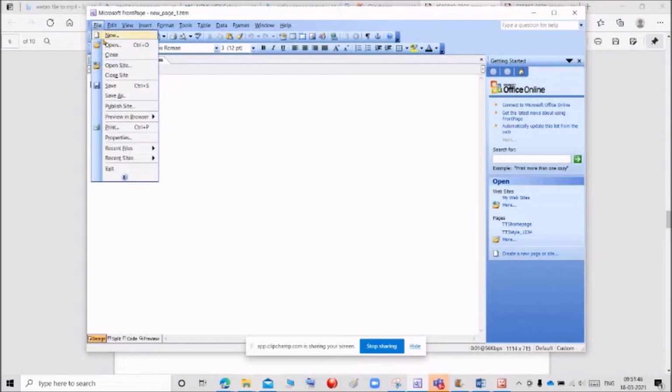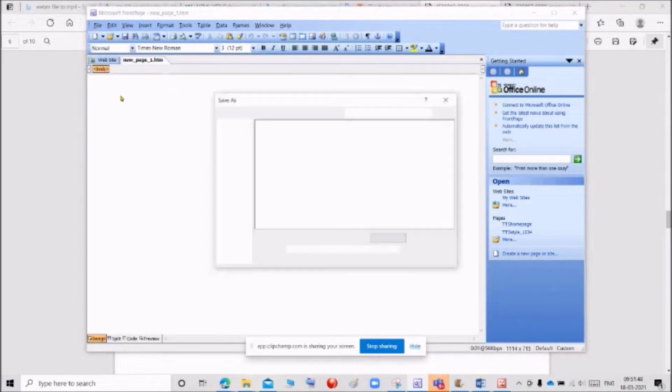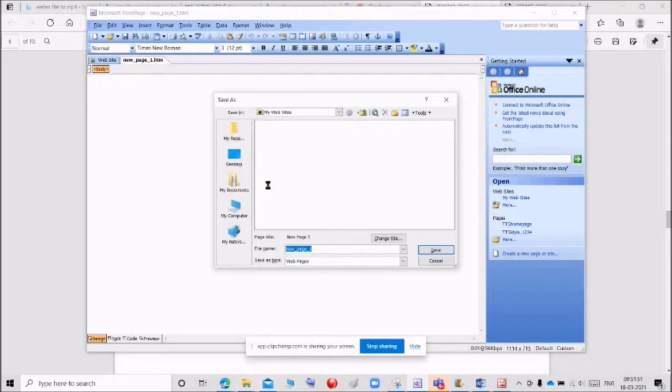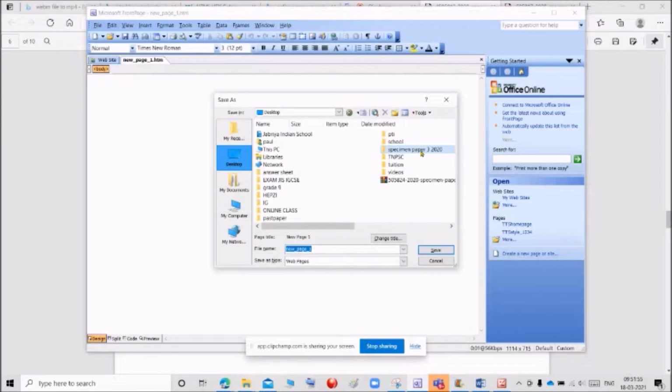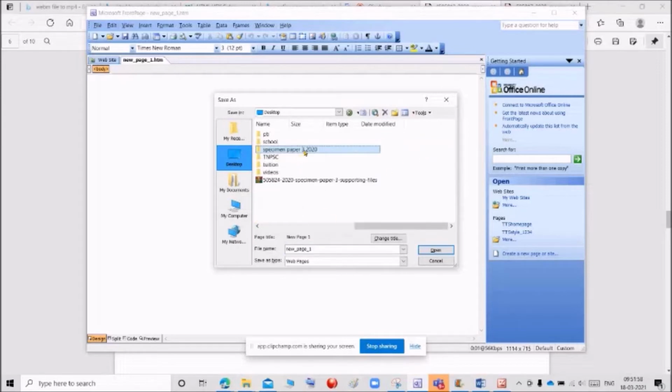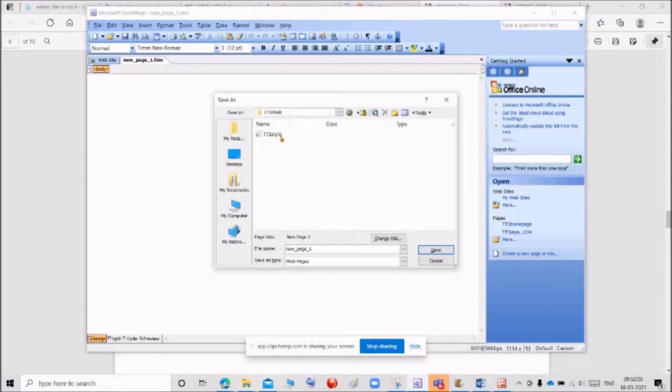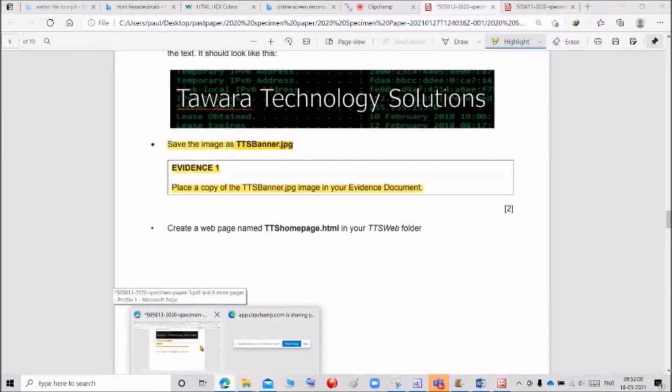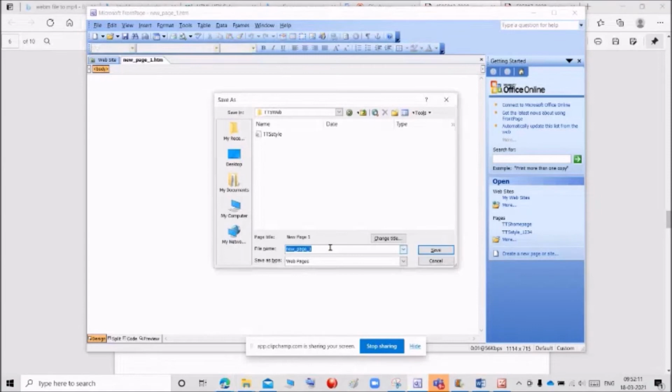Go to File, click Save As, go to your work area, go to the TTS web folder. In this folder, I am going to give the name TTS homepage.html.